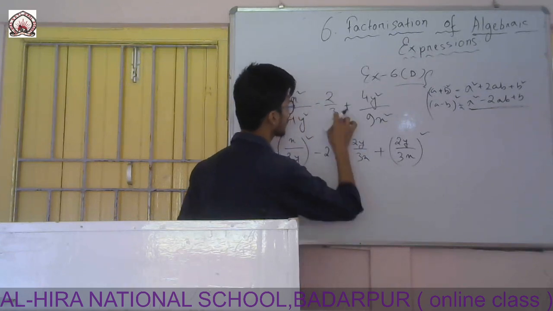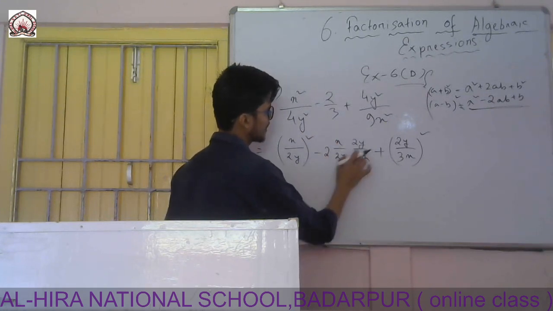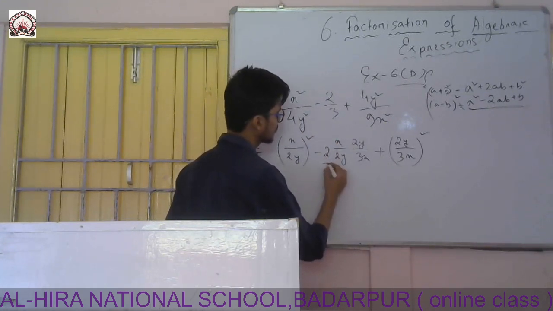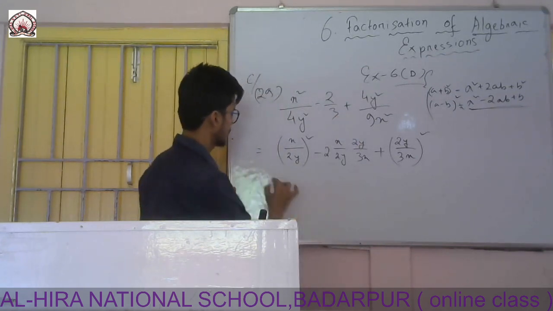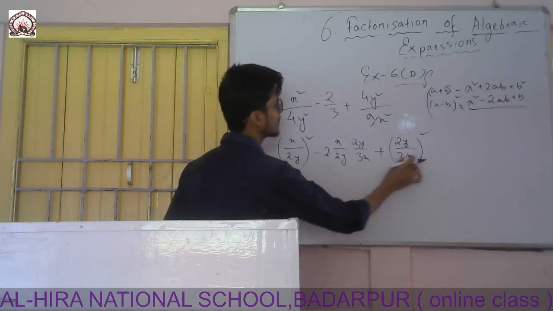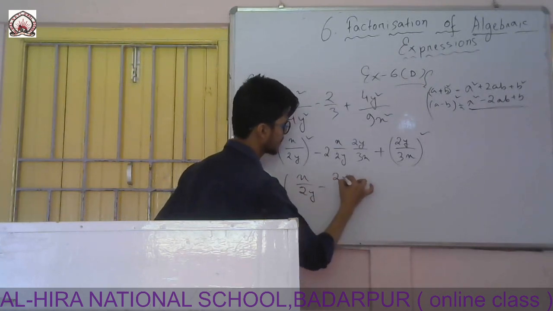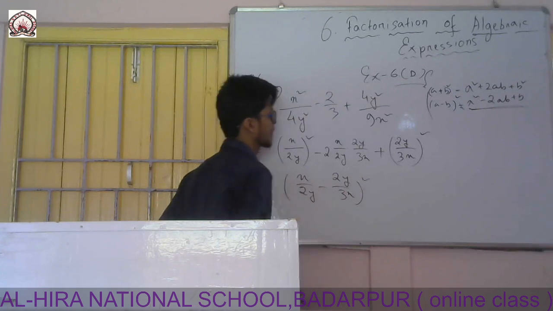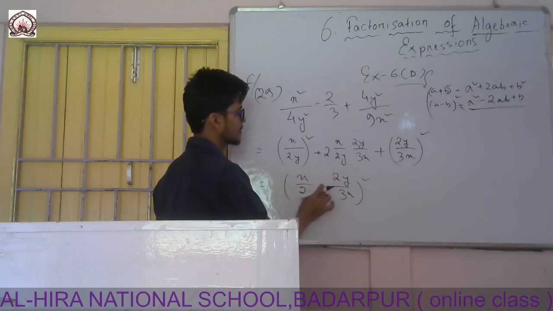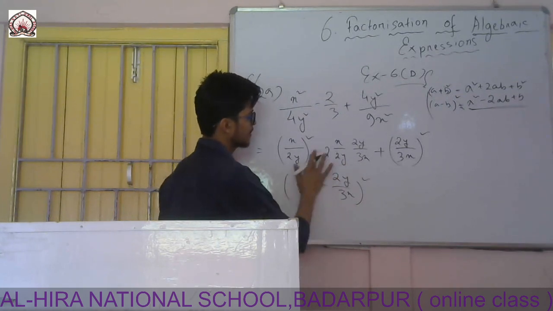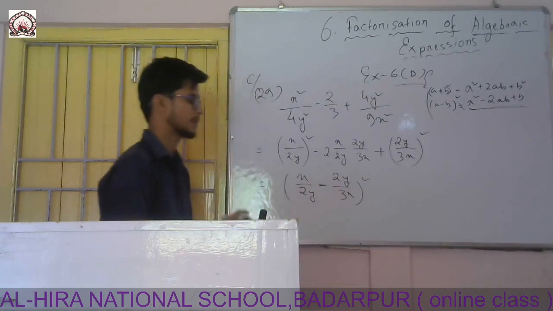Now you match whether this one matches with this one. If I cancel, x and x will cancel, y and y will cancel, 2 and 2 will also cancel. What is left? Only 2 on top and 3 below. So it will be 2 by 3, which is matching with this one. So this is the formula: a square minus 2ab plus b square. That directly I can write as (a minus b) whole square. If there was a plus sign, it would be a square plus twice ab plus b square, so there would be (a plus b) whole square, but in the question it is given minus, so I will put minus. Don't get confused by seeing the plus sign.